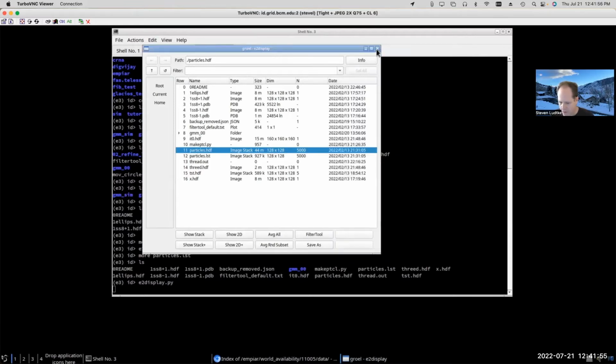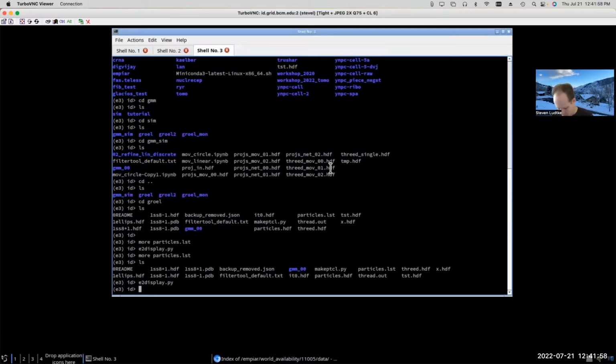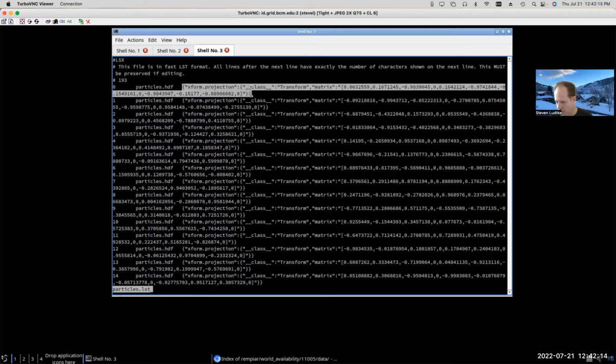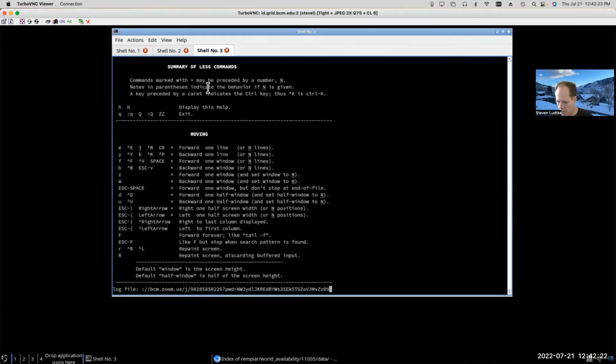So this LST format allows us to reference the image data in one of these files and also reference the header data in those files. But then any information that you provide here can override the information that exists in the header.